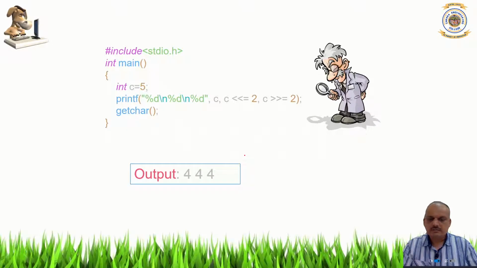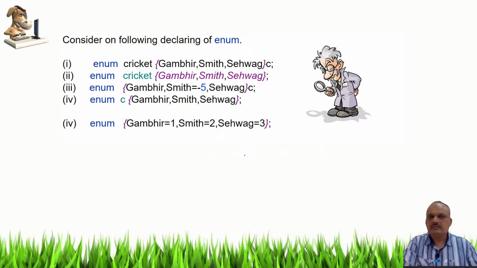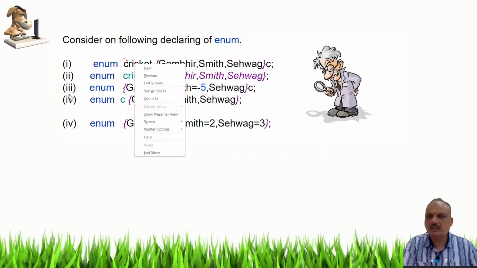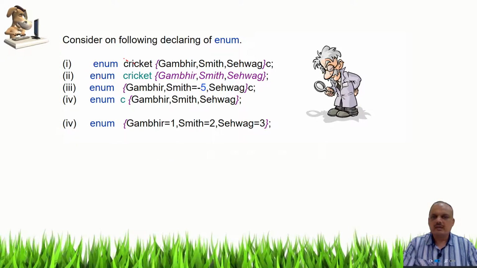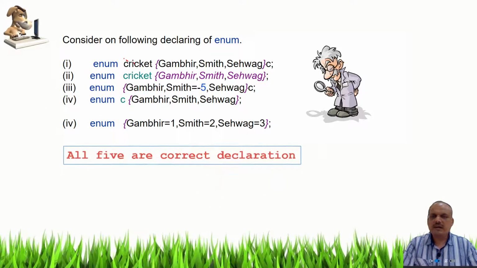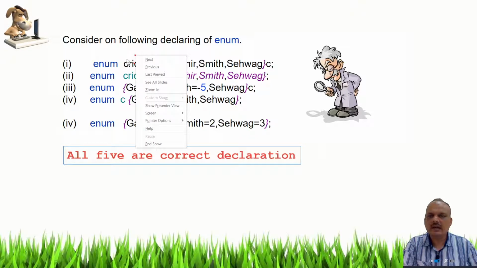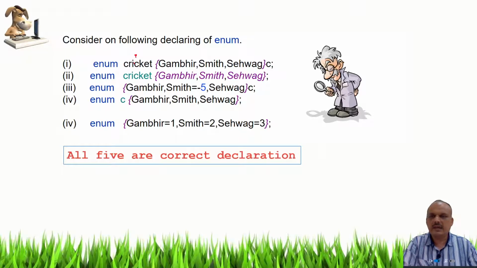Let's look at another piece of code. Which of these things are valid? Remember my last lecture on enums, so use that concept and tell me which of these are good and what actually happens. In fact, all five of them are right. You can have an enumerator cricket as a tag,